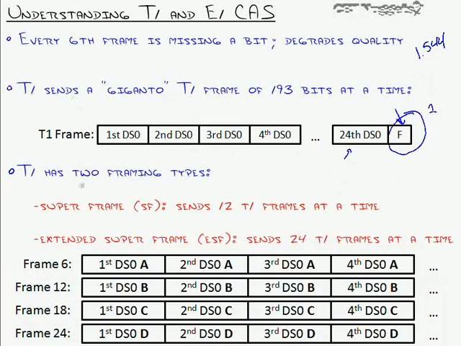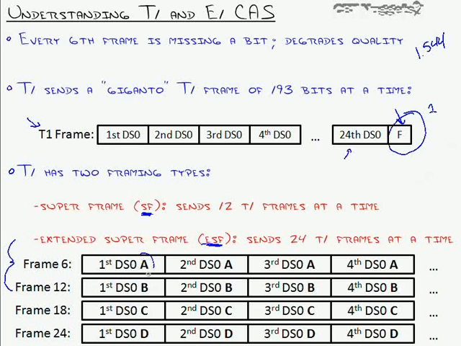When you're sending T1 frames, there are actually two framing types out there. Superframe, and if you've come from the data world, this is where it gets familiar, because you go, oh yes, this is something I have to configure. I have to type in framing SF or framing ESF, which is extended superframe. Superframe sends 12 T1 frames at a time. So this is a T1 frame. If I configure my interface for superframe, I'm going to send 1 through 12 at a time, and that will be considered one big frame that is being sent. It's a superframe, which is a whole bunch of them.